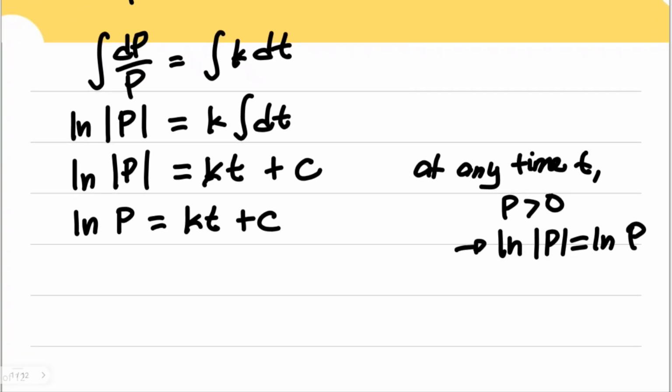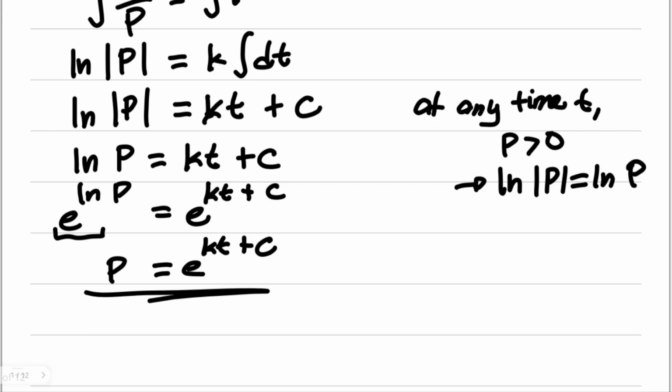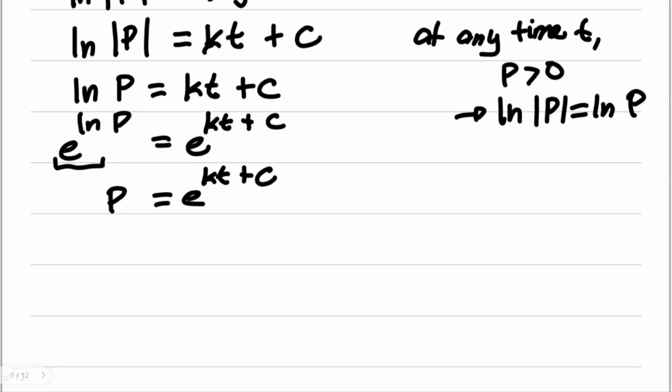To remove the notation for natural logarithm, we can introduce the concept of exponentiation, where we raise e to both sides. e to the natural logarithm of P is equal to e to the power kt plus C. So this side just returns to P is equal to e to the power of kt plus C. So probably we already have our equation in terms of P. We can break this into e to the power of kt, then e to the power of C. That's the multiplication law.